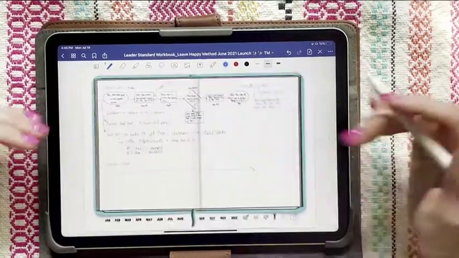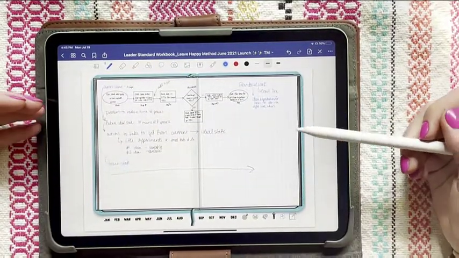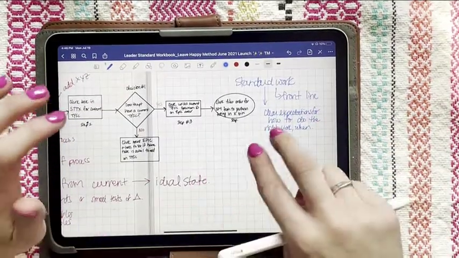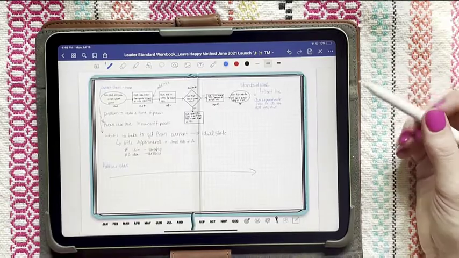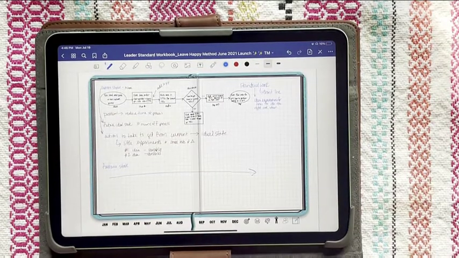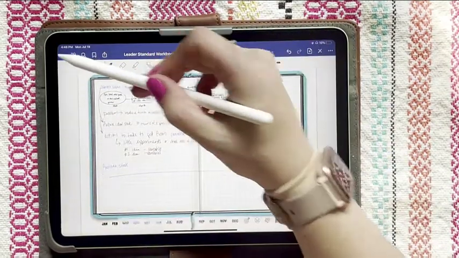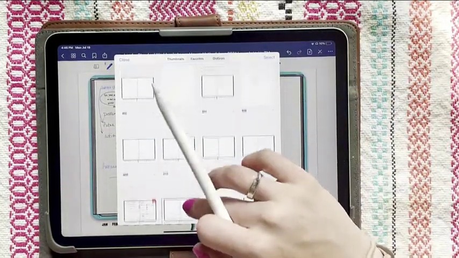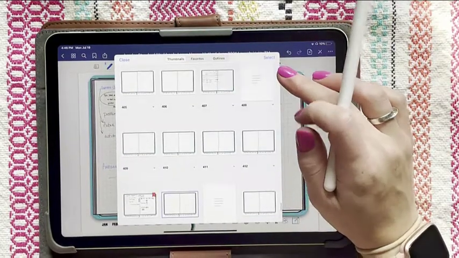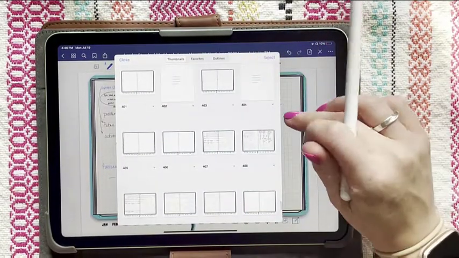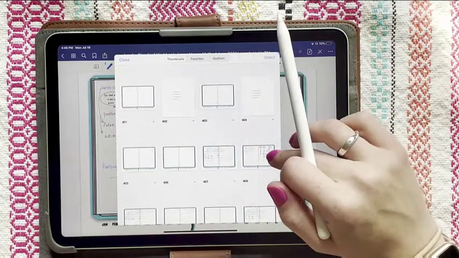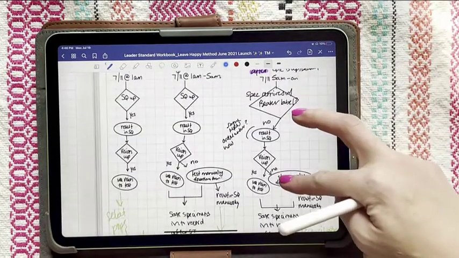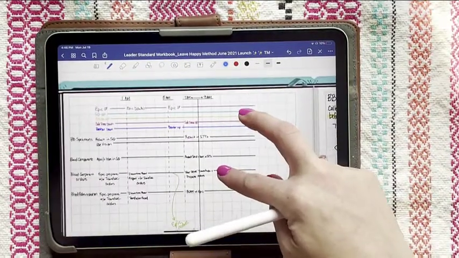So I hope this helped you. I love being able to use my Leader Standard Workbook to use these graph paper templates to make workflow diagrams. One thing that I was able to do when I was creating other flow diagrams for my staff, maybe I can find one for you, is that I was able to just send it to them. So here's an example of another process diagram that I created for my staff. It was very scribbly, but it was a draft and I needed to get it out of my head